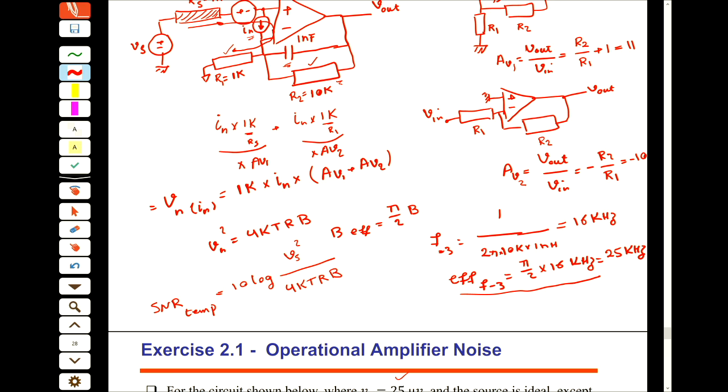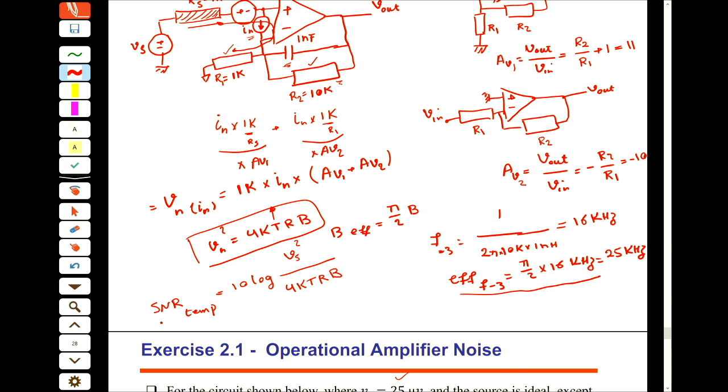When we increase the temperature of a resistor, then it generates more noise. True? Because of this formula. When we increase the temperature, the noise output of the resistor is higher. So I say that if I remove all this circuit and just have this RS, what should be the temperature of the environment, that the noise that I see at the output is exactly the same value? Then